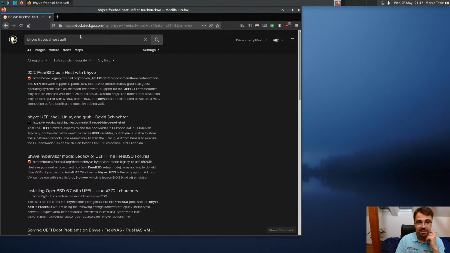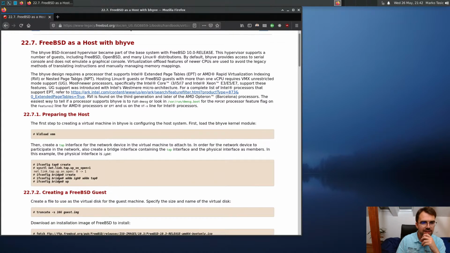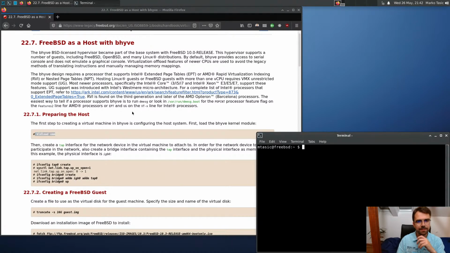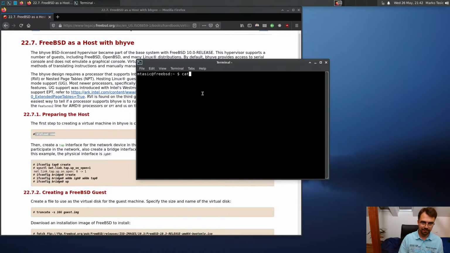This is the XFCE environment and FreeBSD 13.0, obviously, since we're testing the virtualization there. All right, so here we have it. This is already done. What's also done last time, just to remind you, we also have